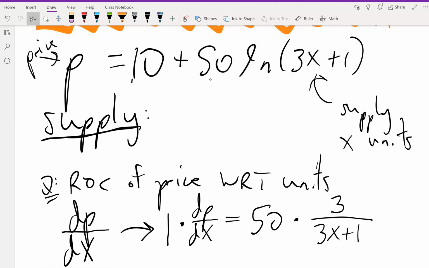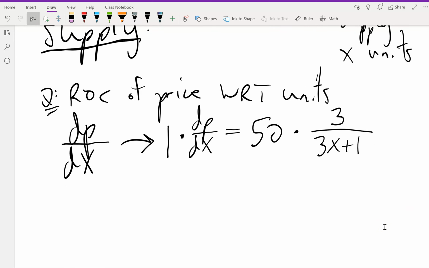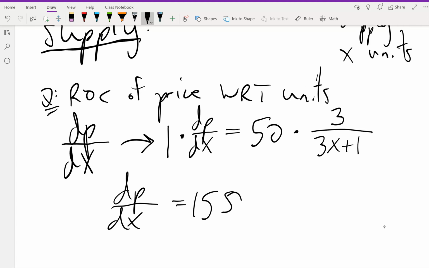I do pause to see, do I need an extra piece here, times something? The answer is no, because x matches the derivative with respect to. So if you understood your implicits, there's no extra multiplier needed. And so I have found it without much struggle. dp dx will be 50. Well, hold on, let me simplify that. It'd be 50 times 3, so it's 150